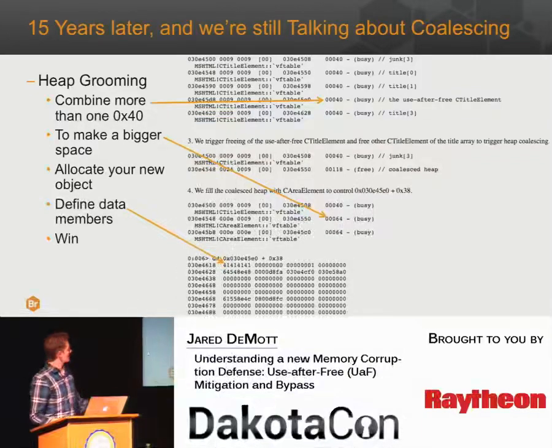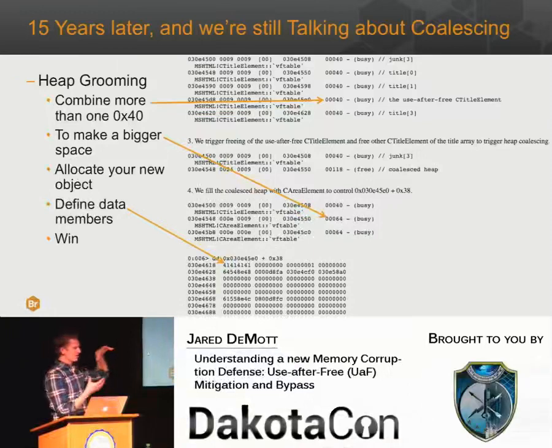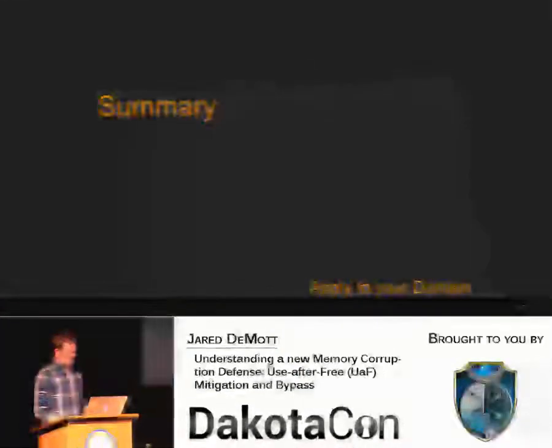But in this case, anyway, you could set up a situation where you can allocate a bigger object, which is kind of nice because that bigger object might overlap the full smaller object, which means you can use the data members to selectively override even the vtable pointer, which is at offset 0 in a C++ object, which is normally hard to control. If you overwrite it with an object of the exact same size, you probably can't control those first 4 bytes, which means you wouldn't be able to selectively overwrite what you want anyway. Okay, so